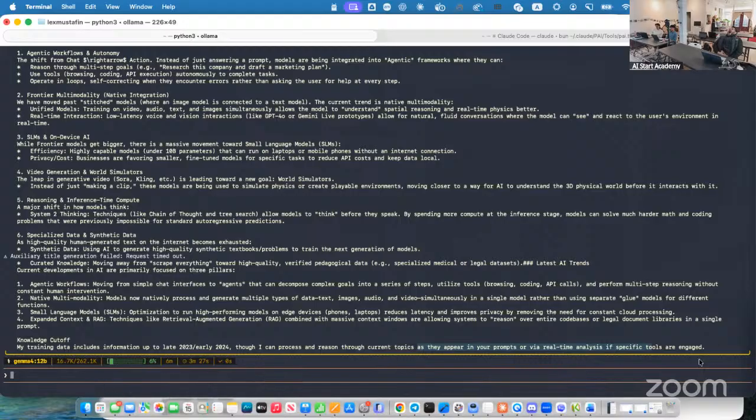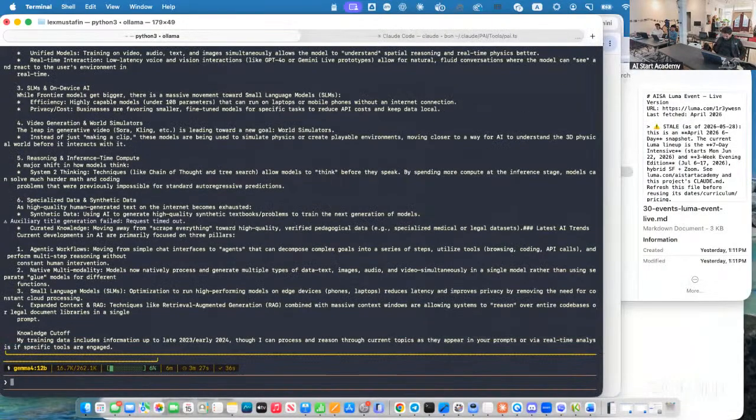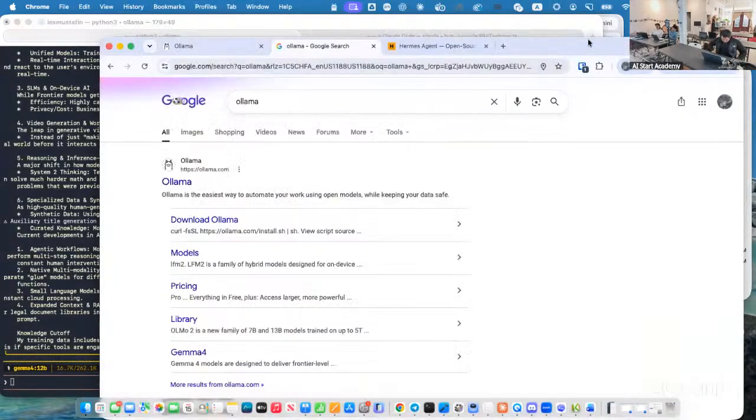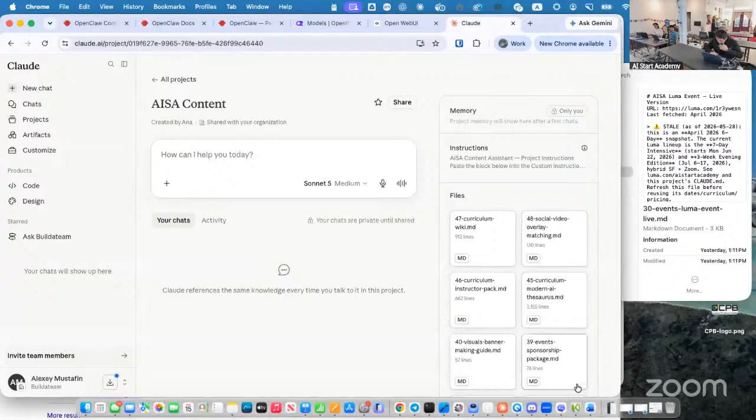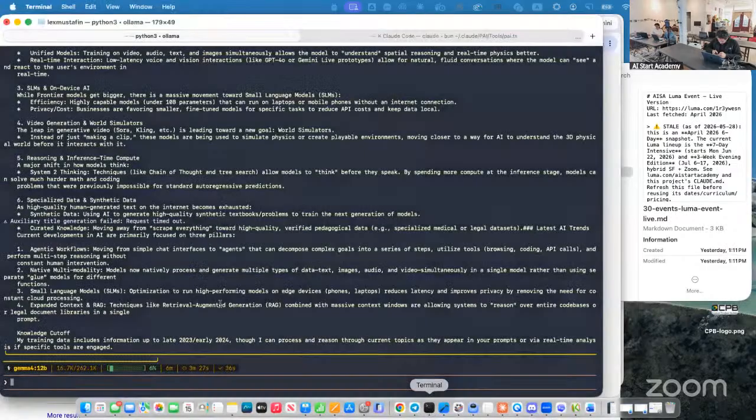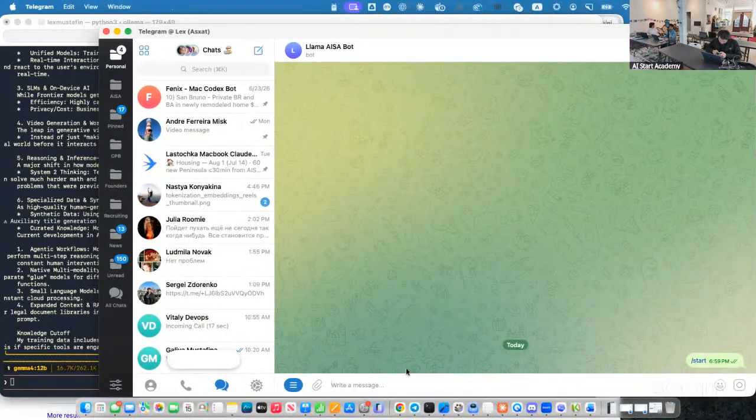Now, last test here is, what are we gonna do? We're gonna do that Telegram chatbot test. Close. And hold on. So terminal. Okay. Terminal. Oh no, I gave it a name. It was Llama Aisa bot. Okay, let's see. I don't know if it worked out, but